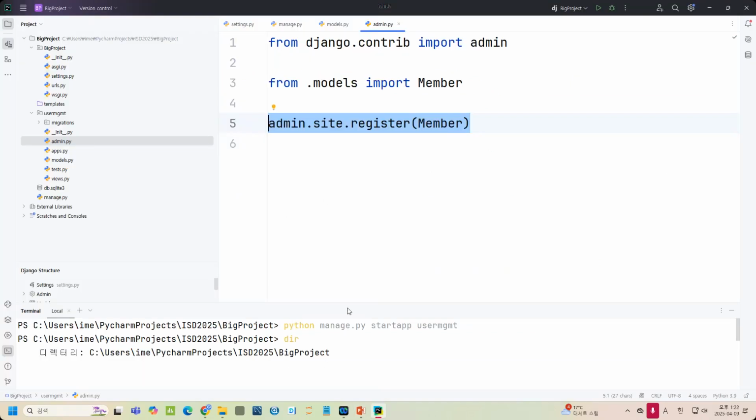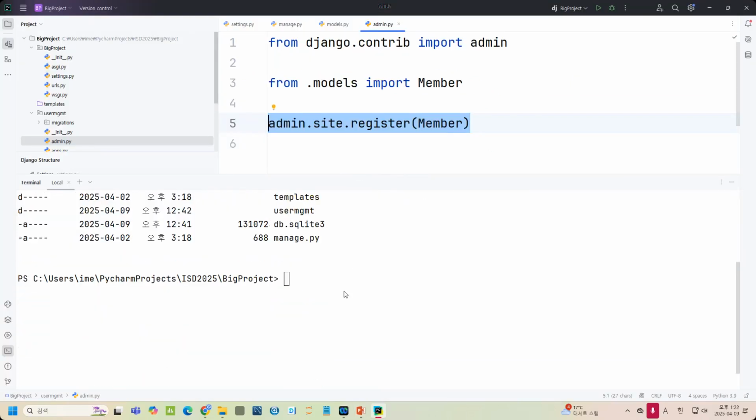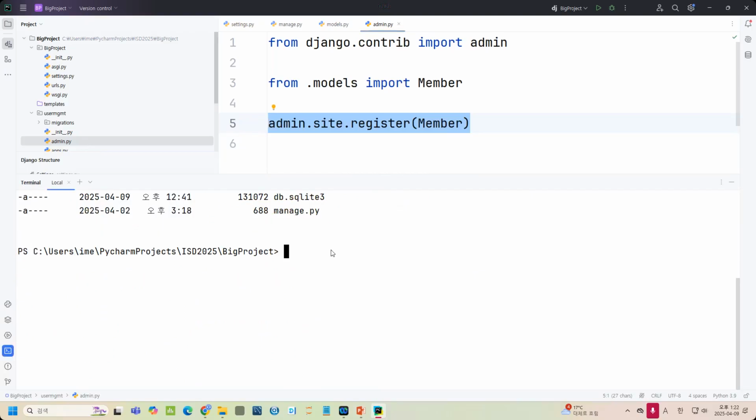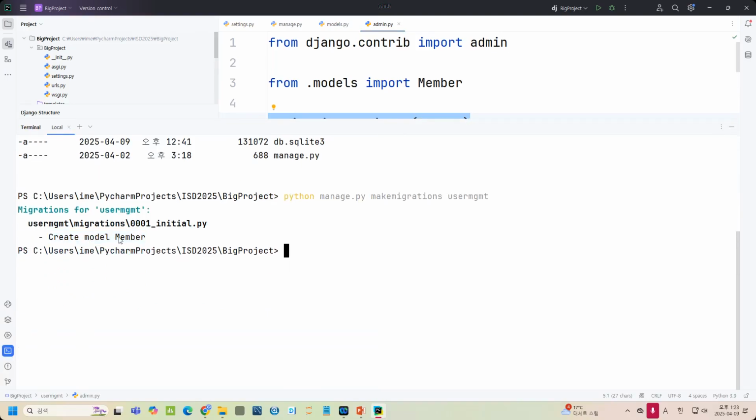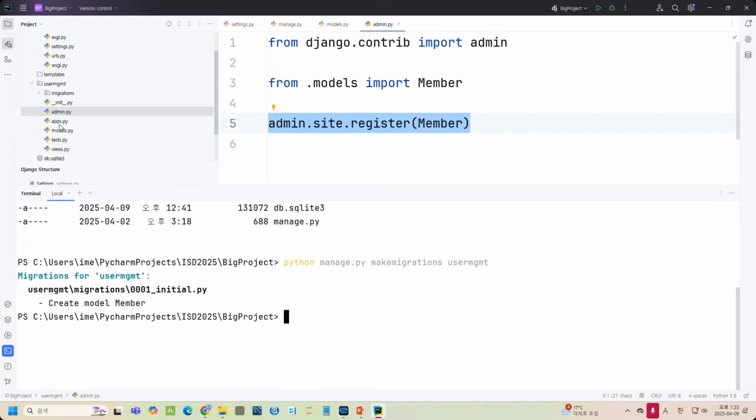So I can open the terminal. In the terminal, let me copy and paste. And now it shows that the member has been created. So you can see here, create model member. So it means the member has been created, and you can see in the user MGMT, you can see from